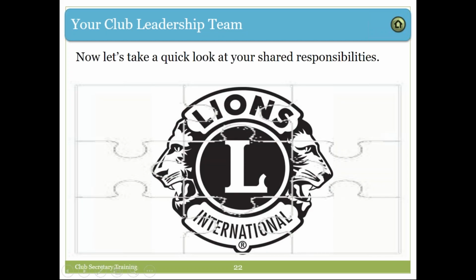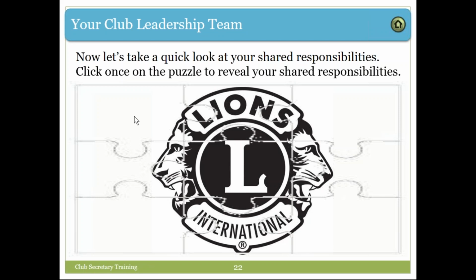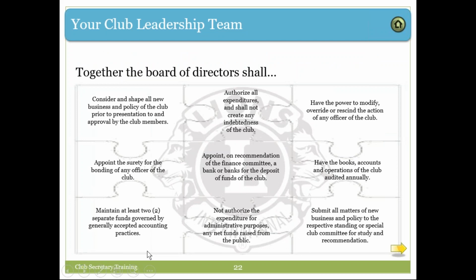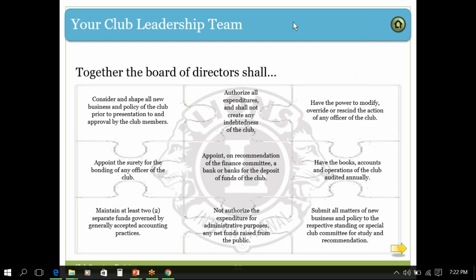Now we're going to look at shared responsibilities. The board shapes all new policies and considers all the business of the club.